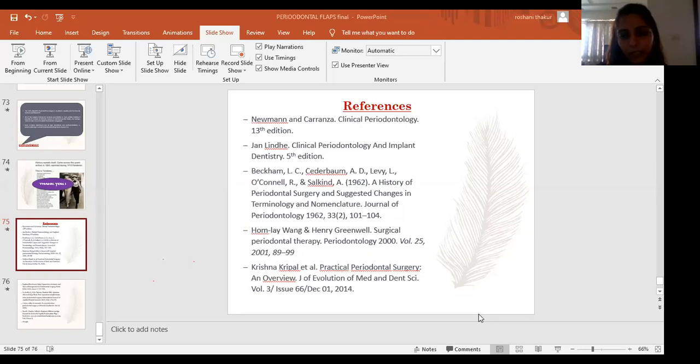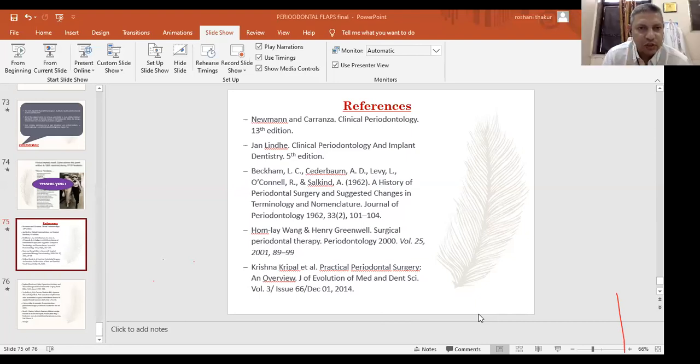It will all depend on the nature of the osseous defect and the thickness of the alveolar bone. It's for sure that there may be some amount of repair and regeneration with 2-walled and 3-walled defects. I mentioned a study which included about 500 plus osseous defects, where the gain was a weighted mean of 1.5 millimeters. But this is limited to 2 and 3-walled defects. With a 1-walled defect, definitely there is no chance, and we'll have to resort to resective osseous surgery because there is no gain. So loss will depend on a lot of factors: the nature of the defect, the thickness of alveolar bone, and so on.